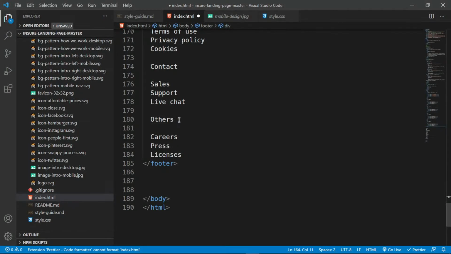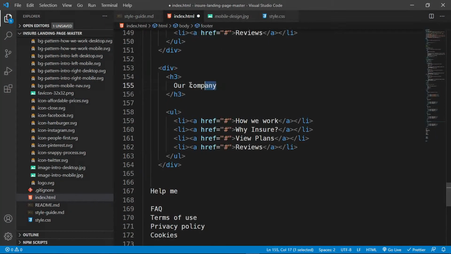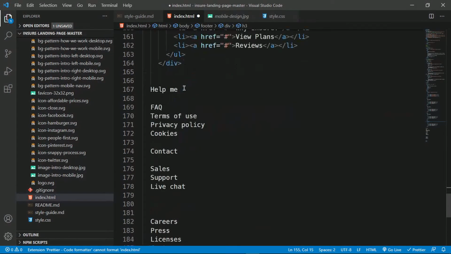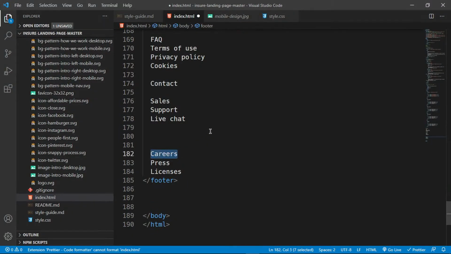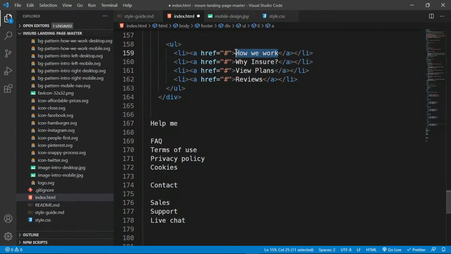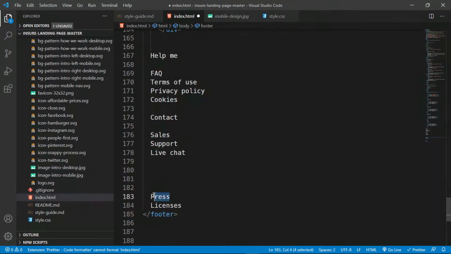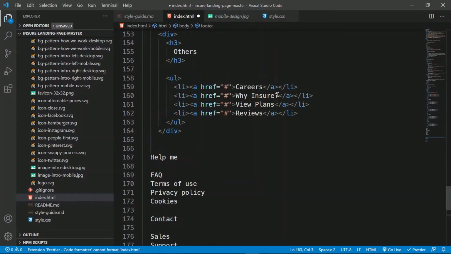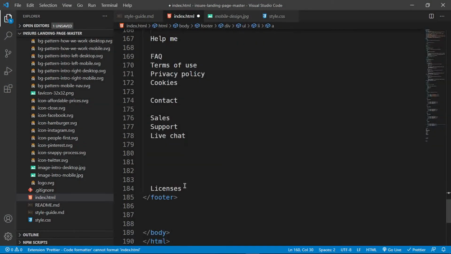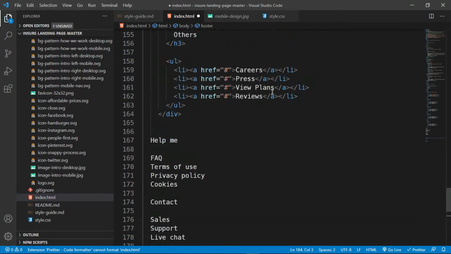And finally, I'm going to grab this one. I'm going to start from the bottom, grab these others, paste it inside here, grab careers, cut it out, paste it inside here, and finally paste it inside here, and finally this, paste it here,